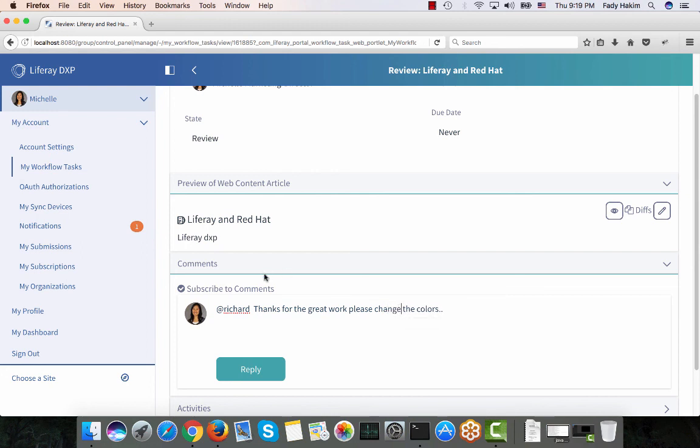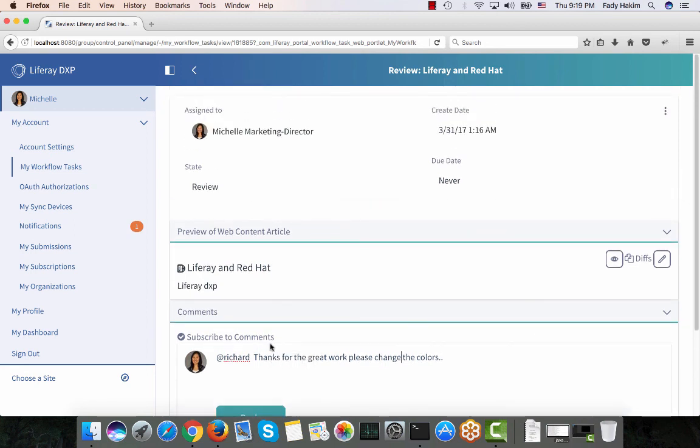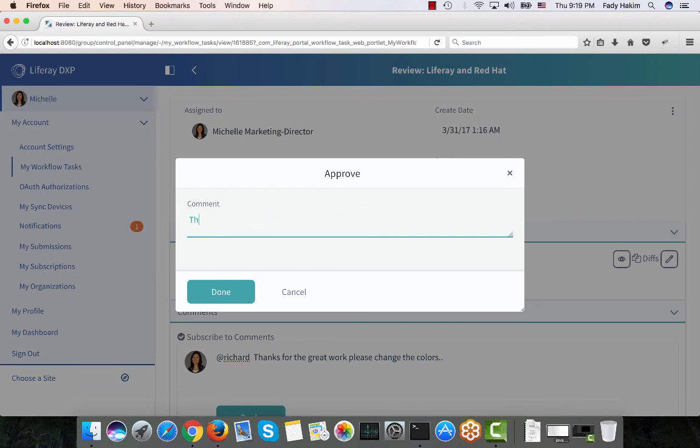Okay, so she can collaborate with him, and since she tagged him, he's going to receive a notification that your manager tagged you. You may need to do certain tasks. I'm not going to reply now because it's going to add a notification to the user. But let's say this looks nice for Michelle, so she is ready to approve it. She can click on approval. Thanks,